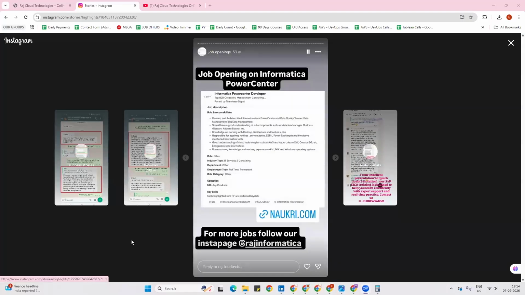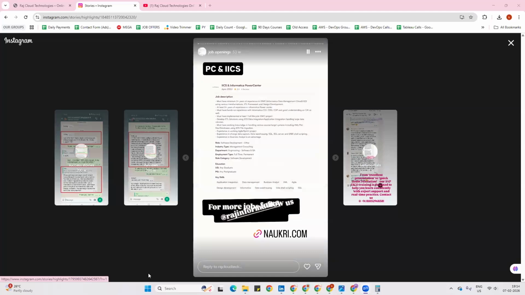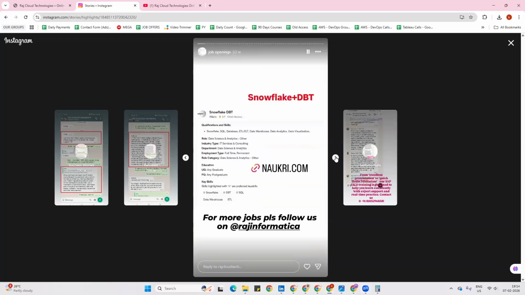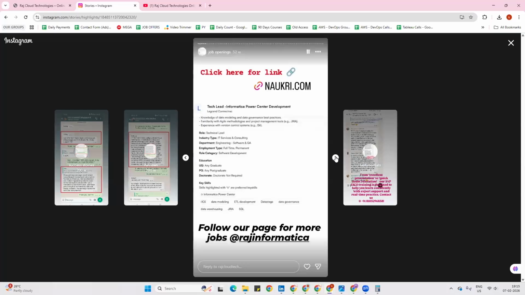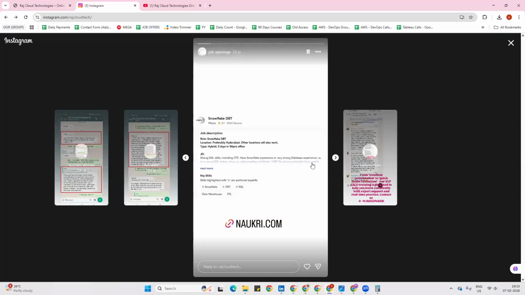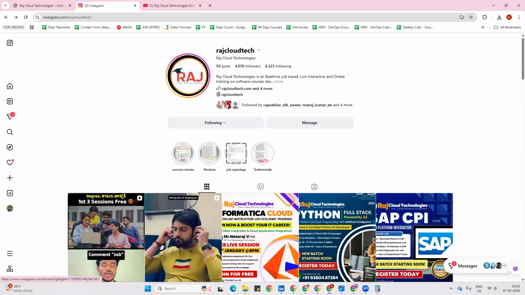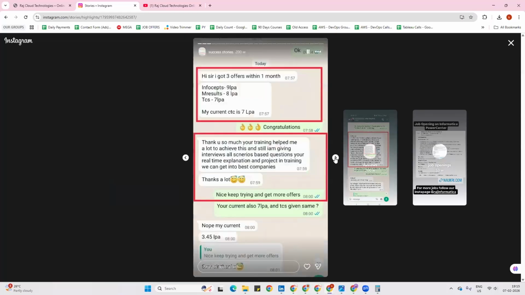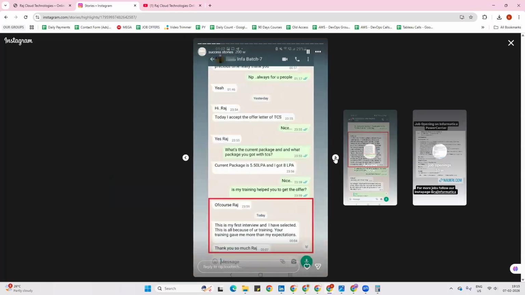If you click on this, you can understand. You can see how we have added all our job opportunities here. If there are any walk-ins, openings or referrals available from Yrs Cloud Technologies, you'll get all the updates here. If you look at the success stories, you can find many of them: how people got placed, with how many packages they got placed, each and everything, including date wise.